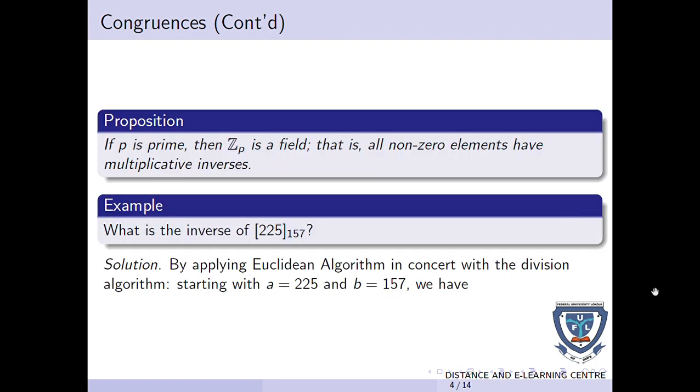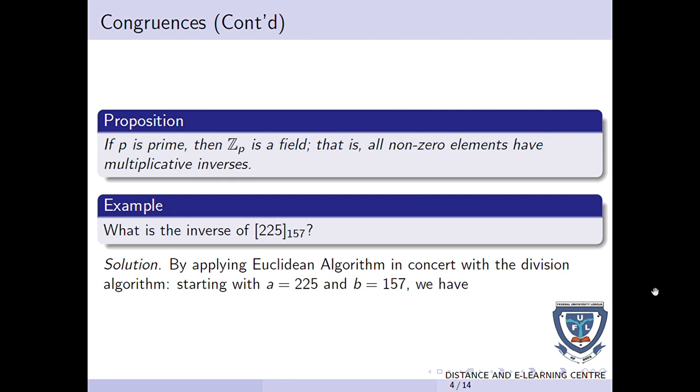Proposition. If p is prime, then Zp is a field. That is, all non-zero elements have multiplicative inverses. So the integers modulo p, where p is a prime, is actually a field. Let's take an example to see the application of this concept. What is the inverse of